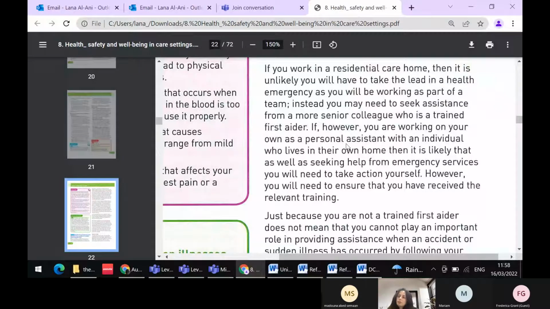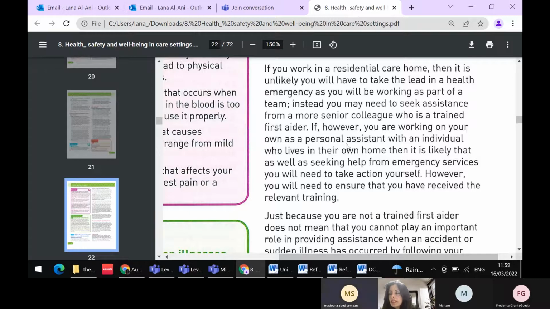What's the procedure? Do I call an ambulance? Very good. You call the emergency service. Excellent. Whether it's police or ambulance, you need someone to come and take care of the situation. Normally, your manager will take care of the situation, but let us say, in the unlikely situation, that your manager wasn't there. Then someone has to take the lead, which is the person who's caring for this elderly person. Then you call the emergency services.